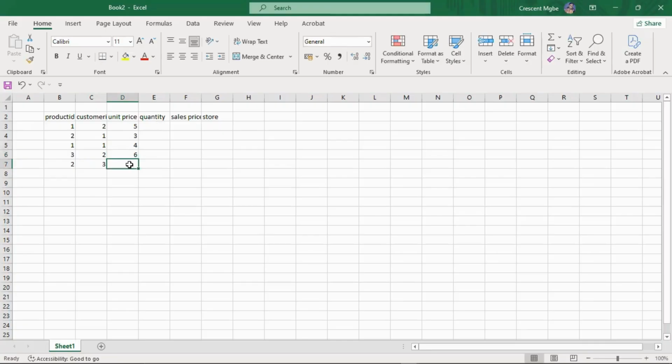This one is maybe $9. Then the quantity that was bought, maybe here this person bought 3. This person bought 2 pieces. This person bought just 1. This person bought 5. Then for the unit price,